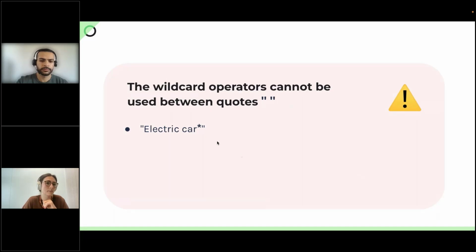However, I might be tempted to use the asterisk, thinking car or cars, but this is not correct. So I cannot have an operator between quotes. It will be a simple character and not bring back any results because it will not match anything. So this is incorrect. In this case, I have no other choice. I have to add both terms, electric cars and electric car. Okay, so you're going to see later on, we have listed this as one of the common errors to avoid.